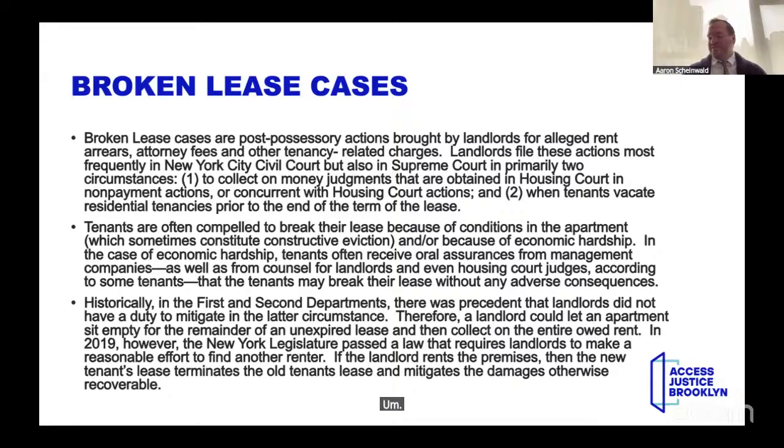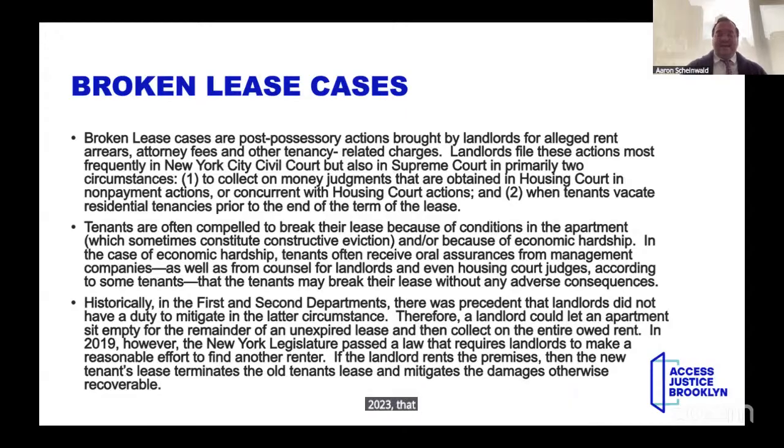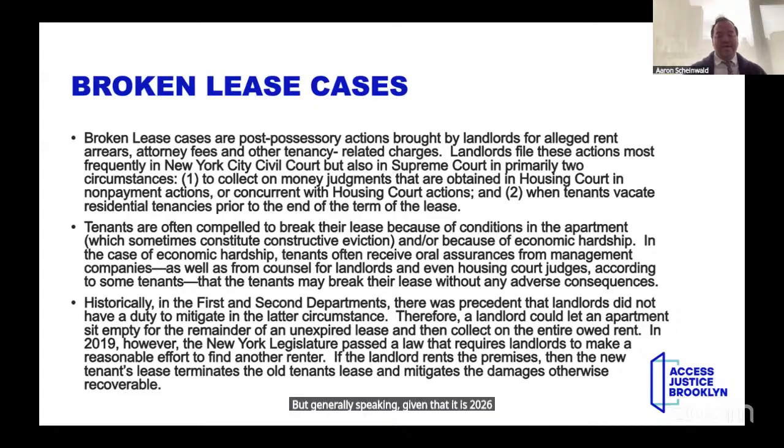As you guys know, there is now a duty to mitigate. That is a common issue that we deal with in these cases. A duty to mitigate is something that exists as of 2019. It is possible to still have a case from 2023 that for various reasons sat in civil court for a long period of time and still is an active case, and may partially or perhaps still possibly not at all involve a duty to mitigate. But generally speaking, given that it is 2026 now, a duty to mitigate should be applicable in a majority of